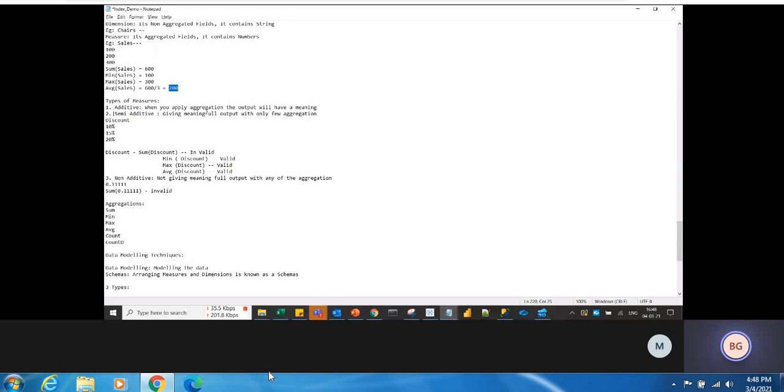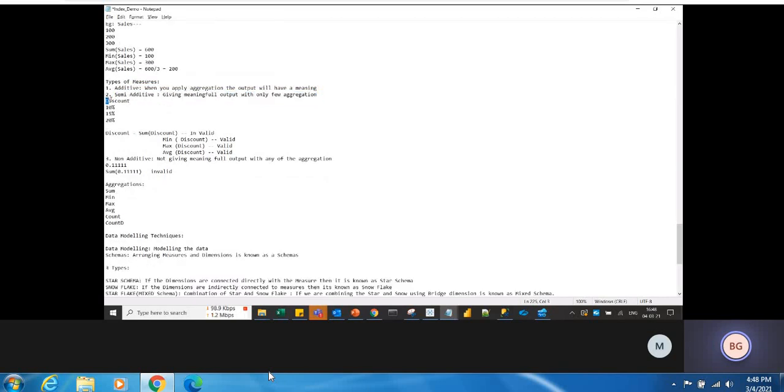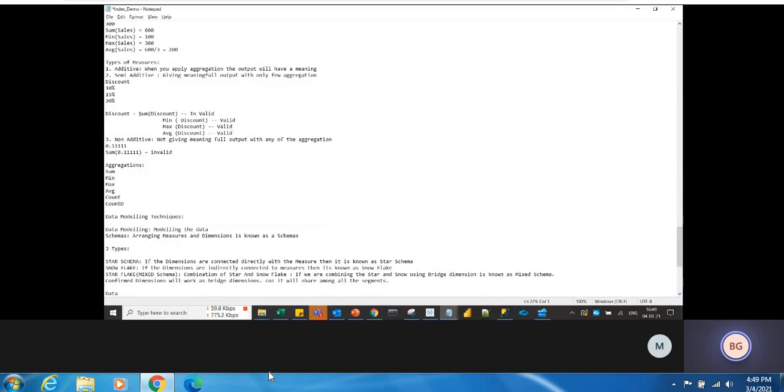And there will be some semi-additive measures. So what are semi-additive measures? They give meaningful output with only a few aggregations, not with all the aggregations. Okay. For example, you have a discount field, and the discount field is containing 10%, 15%, 20%. Okay. And here if you see sum of discount, if you apply the sum aggregation to this discount, what output will it give? So 10 plus 15 plus 20, that is 45%. So is it valid? So 45 discount is the total, you can say,